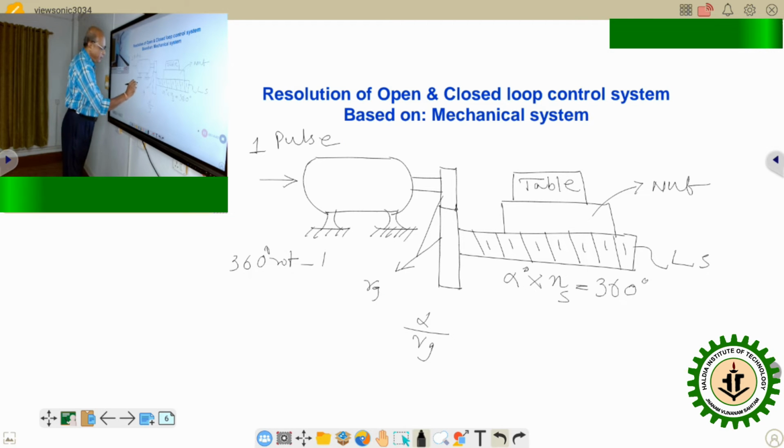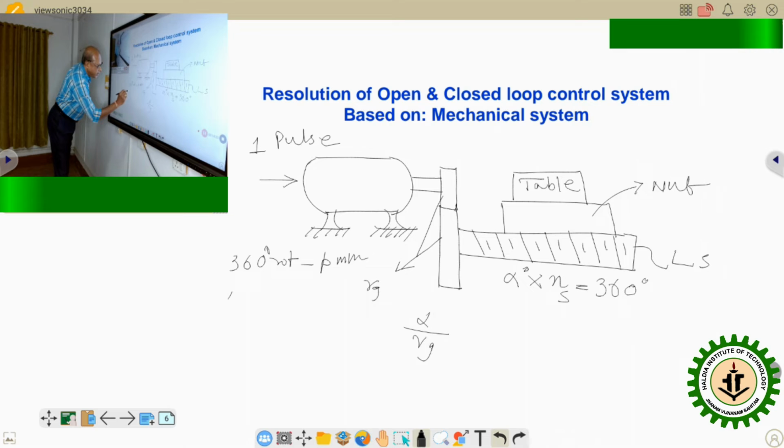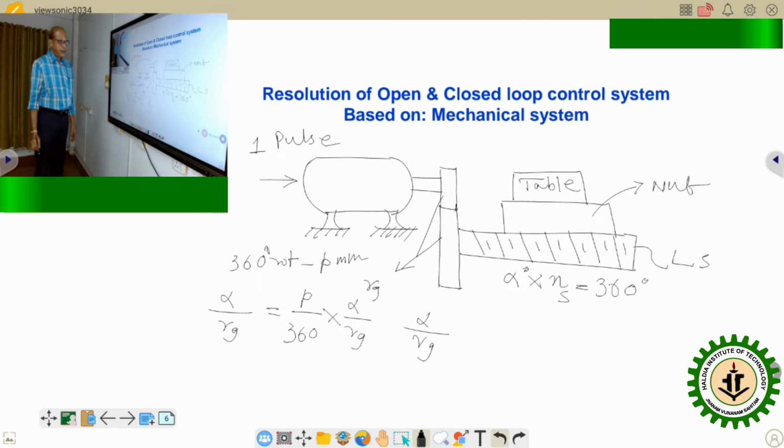Now 360 degree rotation causes P millimeter linear travel. 360 degree rotation of the lead screw, that means 1 full circle rotation, will lead to P millimeter linear travel. So for alpha by Rg, what will be this value? P by 360 into alpha by Rg. Good. Now from this relationship, if you replace 360 by alpha into Ns,